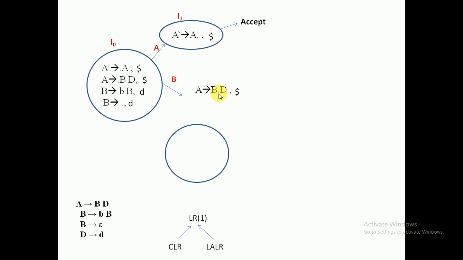After that, again you need to identify what symbols are available after this dot. Again a non-terminal. So in case of a non-terminal after this dot, you have to write the closures of it. Now you write the closures of capital D. So how many productions are there? A single production. Okay, you have to write. Now the dot is in front of capital D, so you write one closure of that capital D. And what is the lookahead of this capital D? Dollar itself. There is no symbol after this capital D, so directly we take the production's lookahead, which is dollar. Simply you have to take the dollar here.